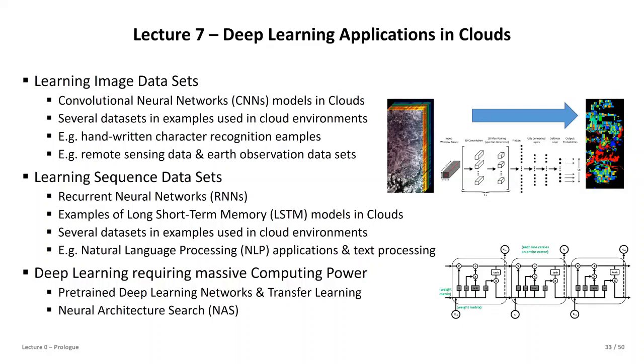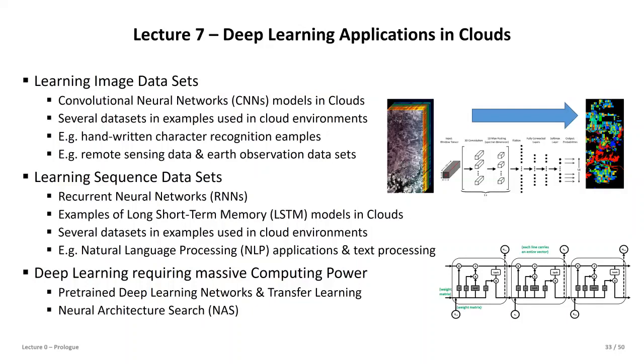Then sequence data sets will be interesting because they are usually more computationally expensive, because they have a recurrent neural network structure. Things like natural language processing are application environments for this that we will know. And then when we really want to think about what is killing in terms of computing time requirements, these are really neural architecture search aspects. So searching the real deep learning architecture for a given problem in an automated fashion, AutoML techniques,